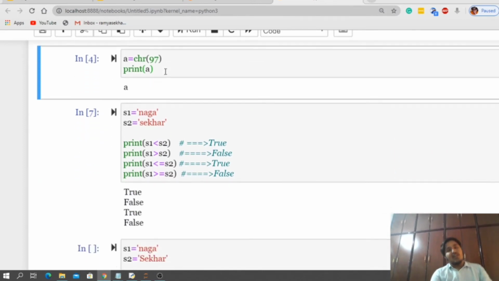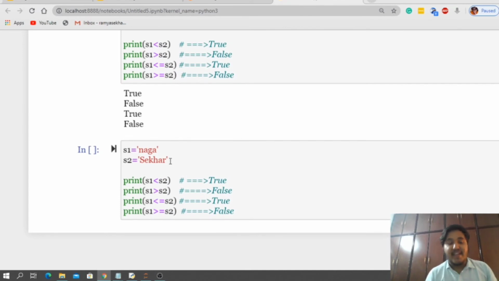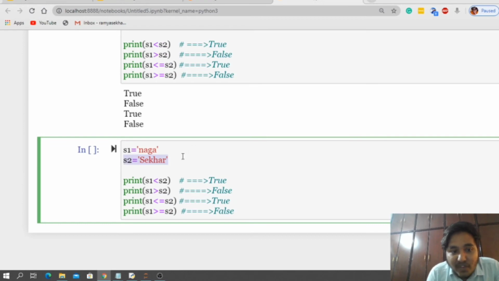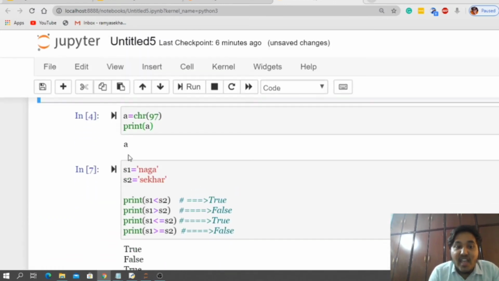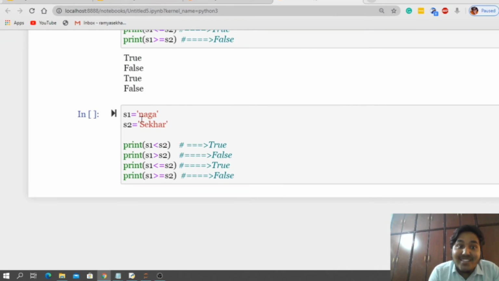Capital A ASCII value is 65. Small a ASCII value is 97. So if there is competition between a capital letter and a small letter, which is going to win? The small letter is going to win, because the ASCII value of small n, which is 110, is greater than the ASCII value of capital S, which is 83.